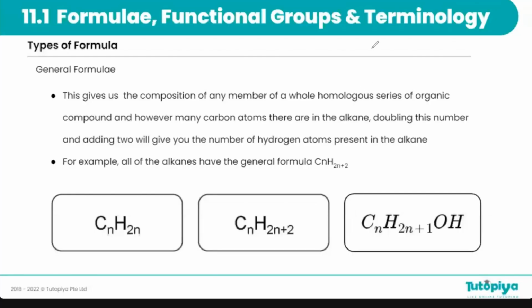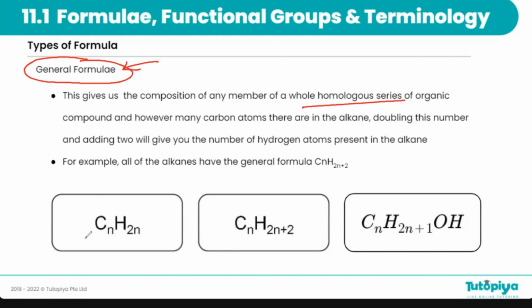Now let's look at the different ways we can represent organic compounds. Out of the many different ways, one is the general formula. Now we briefly spoke about the general formula before. A general formula is common for a homologous series. Each homologous series has its own general formula. When you know the general formula and the number of carbons of a particular compound, we can find the molecular formula of that compound. For example, here,